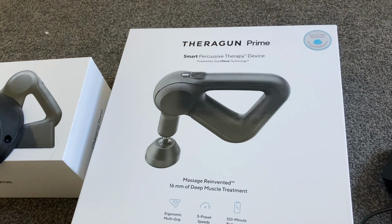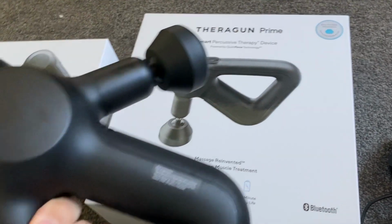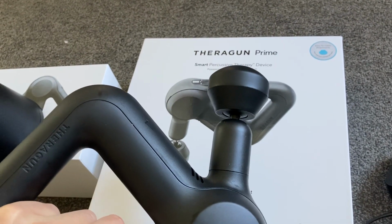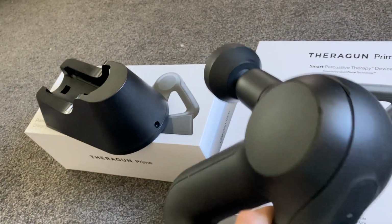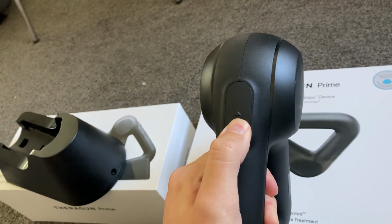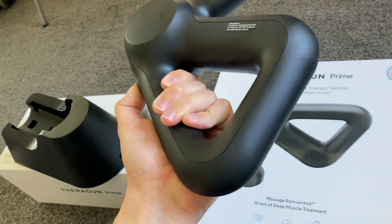So I bought this Theragun Prime a couple of days ago from the Therabody website. I think it was £260. Arrived very quickly, arrived yesterday. Put it on its charger to charge. The lights came on, said it was fully charged, and I couldn't get it to work. It's just dead, doesn't work,